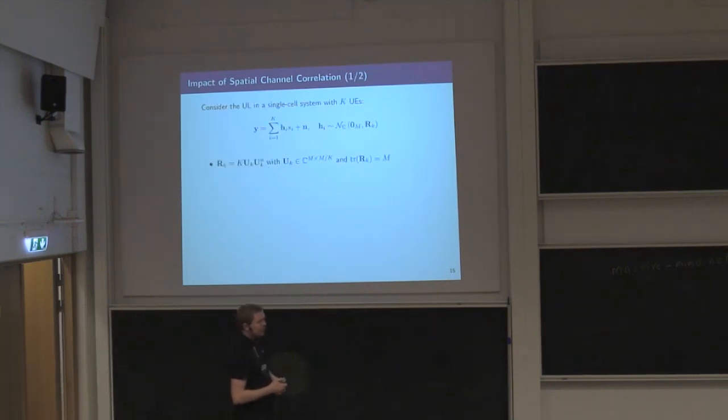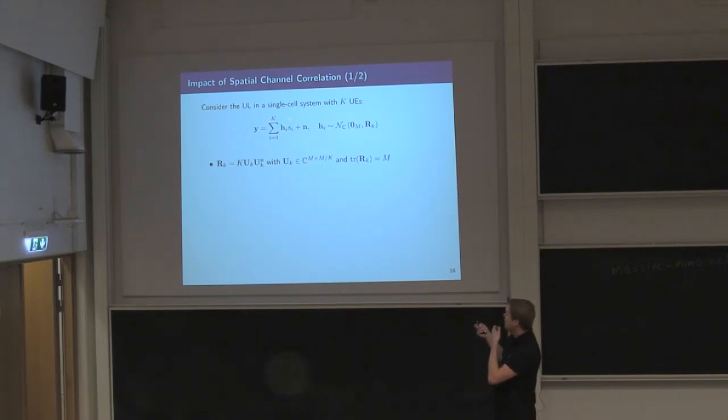One simple example of what could happen if we have a lot of spatial correlation in the system. Now I'm just for a moment looking at the single cell system with K users, and the received signal y is a sum of signals sent from each of the users. S_i denotes the signal from user i. Here's the channel, and then we add some noise to it as well. And we're using this correlated Rayleigh fading model for all of the channels. In particular, I'm assuming that the covariance matrix of user k